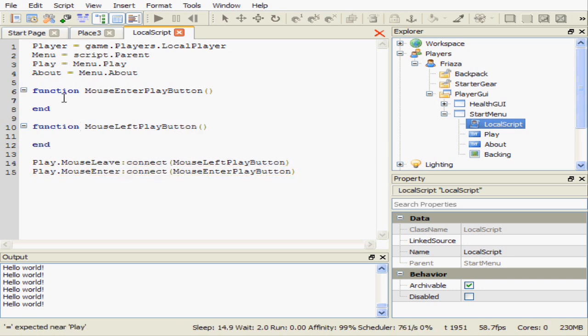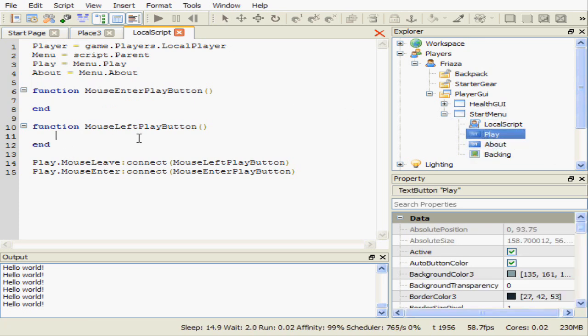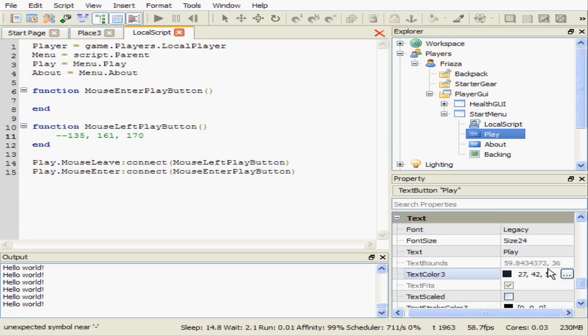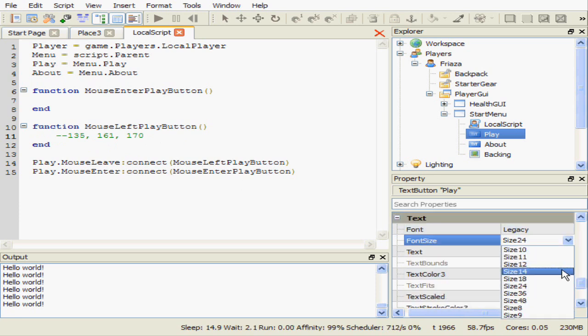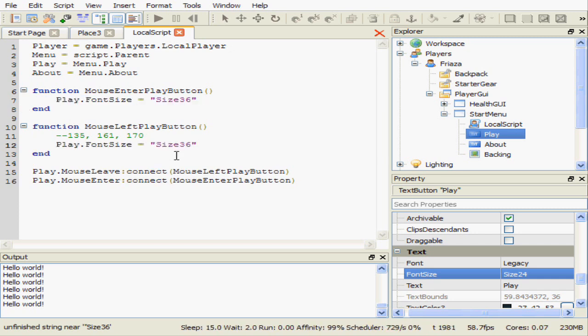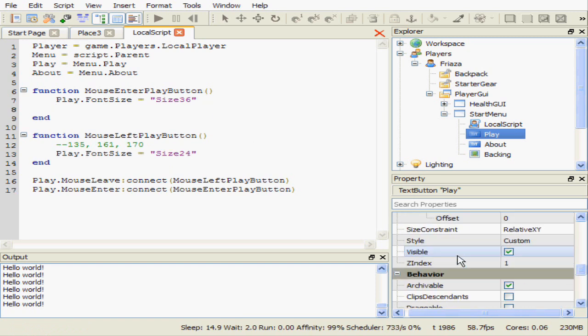Now what we're going to have here is we're going to change the colour and such for the play button and then change it back here. So before we mess things up, we'll want to record the colour here. And we have the size 24 right now, so we're probably going to increase it to 36, so we'll get that easy one out of the way first. Font size. So play.FontSize equals Size36, and then I'm going to change it back down here to Size24. Size24. And then for the colour,